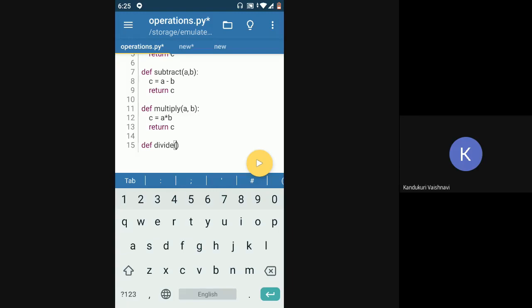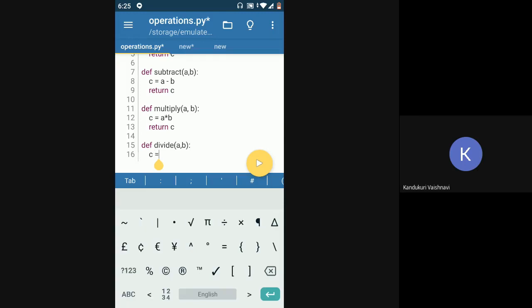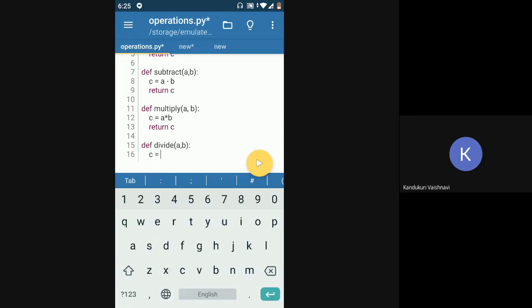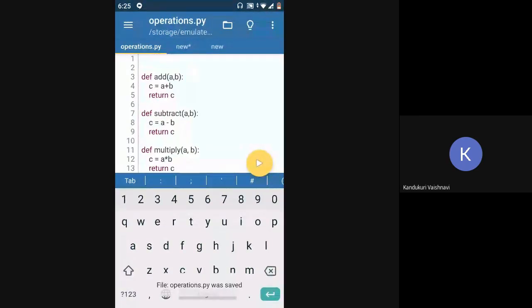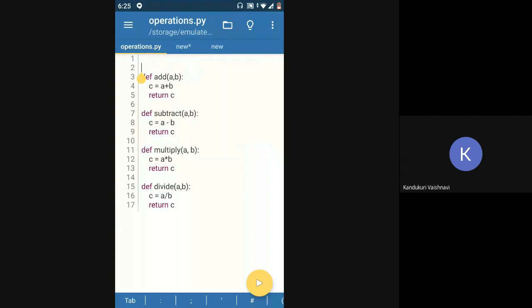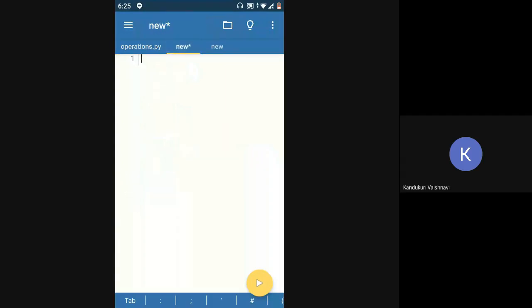So what I'm going to do now is that once I have stored these functions at one point, even if I require these functions in some other file, I don't have to rewrite those functions. I can directly use them in other files as well. So I'm just going to save this operations.py. It's called operations.py, you can note down the name.